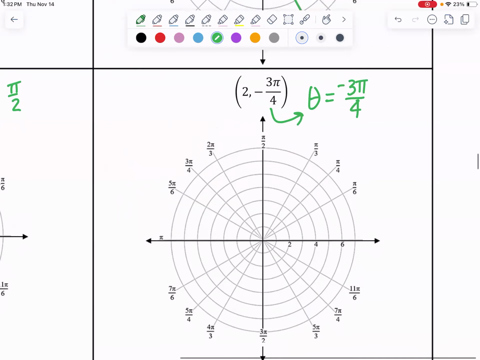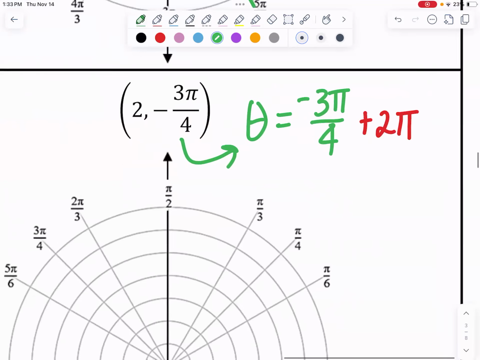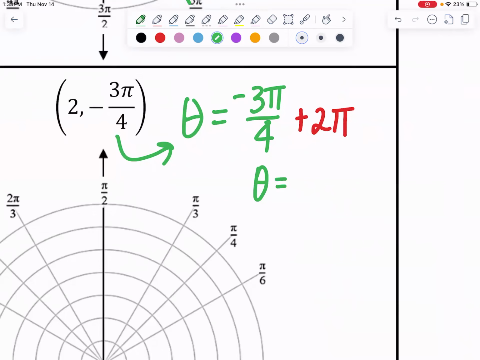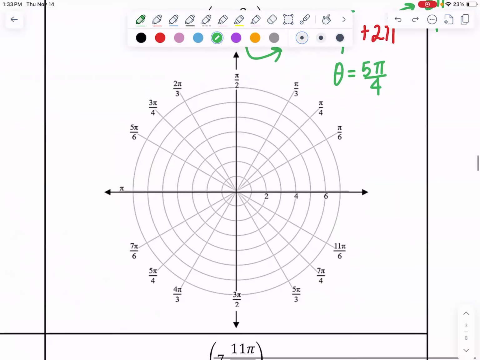So if this angle here bothers you, if you don't like a negative theta value, no problem. We can find a coterminal angle that exists within 0 to 2 pi. You can just find a coterminal angle by adding 2 pi to it. This is going to give us a positive coterminal angle. Again, we've done this kind of mental math before. 2 pi is the same thing as 8 pi over 4, right? So -3 plus 8 is 5. So this is the same thing as 5 pi over 4. So if we plot this angle, it's the same as -3 pi over 4. So 5 pi over 4